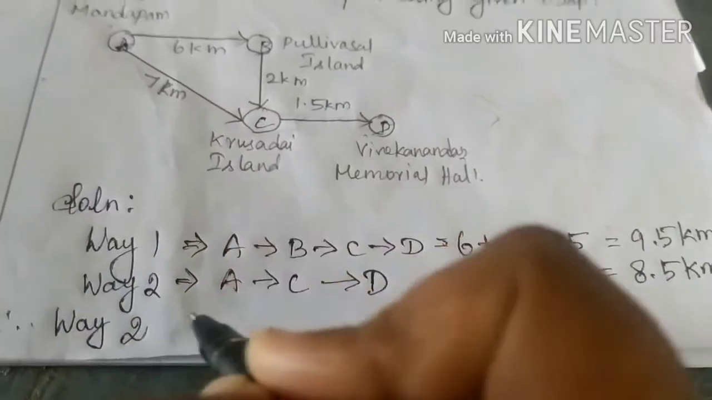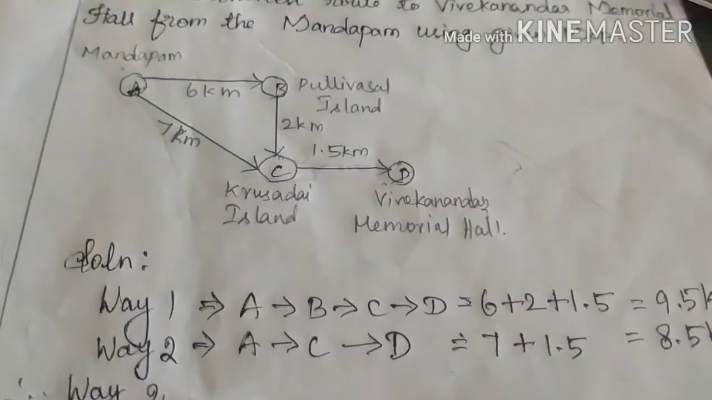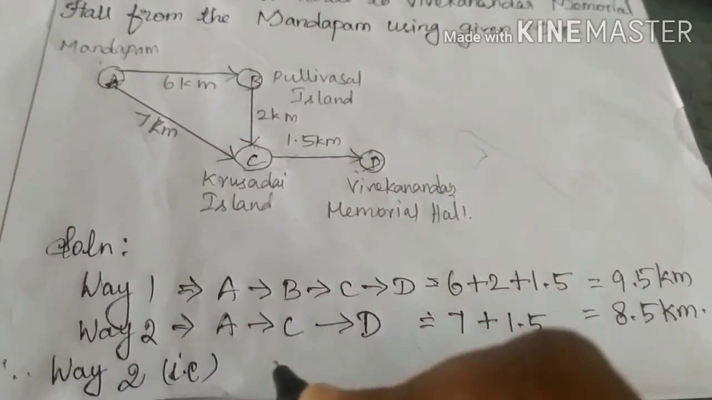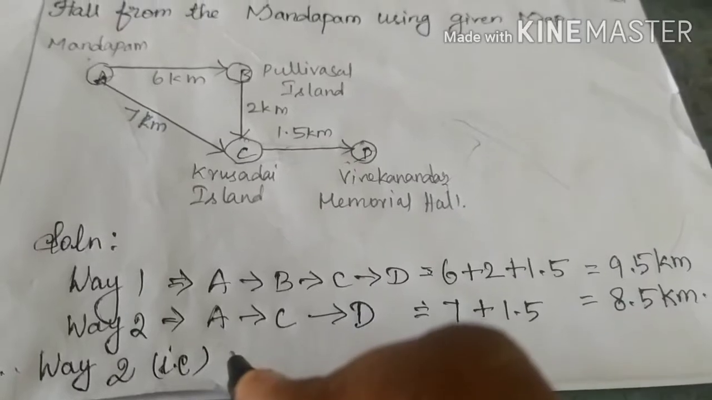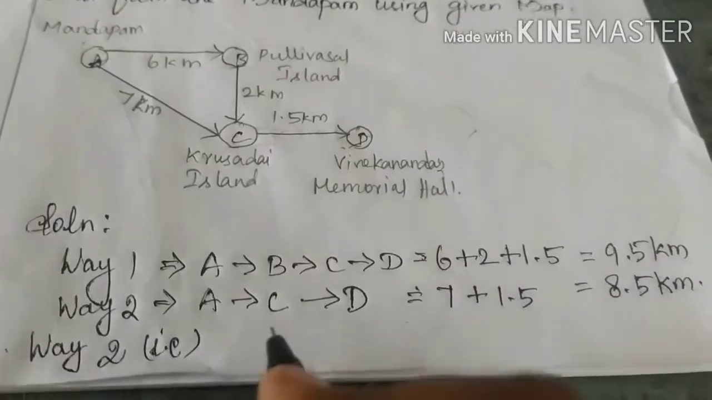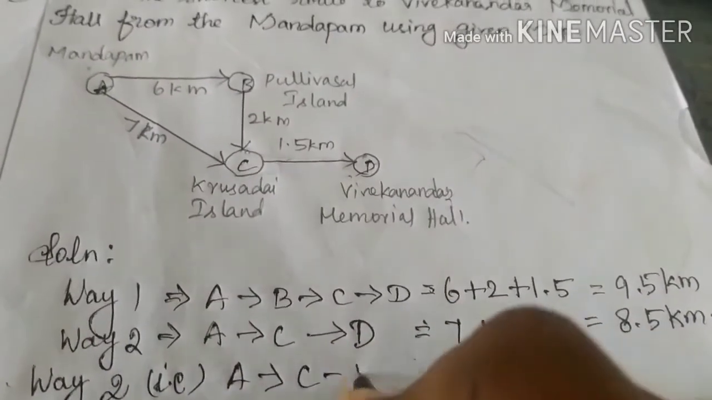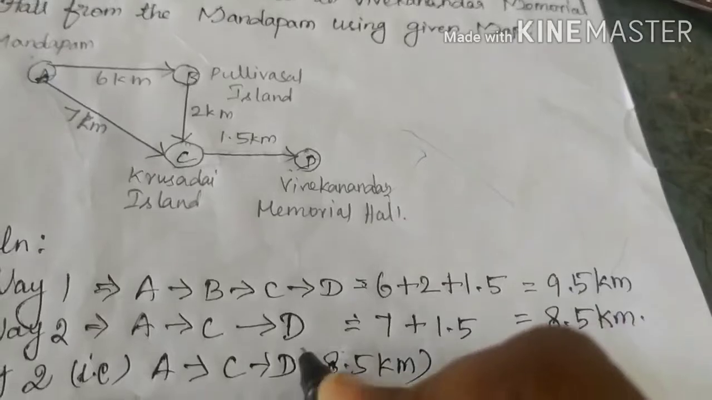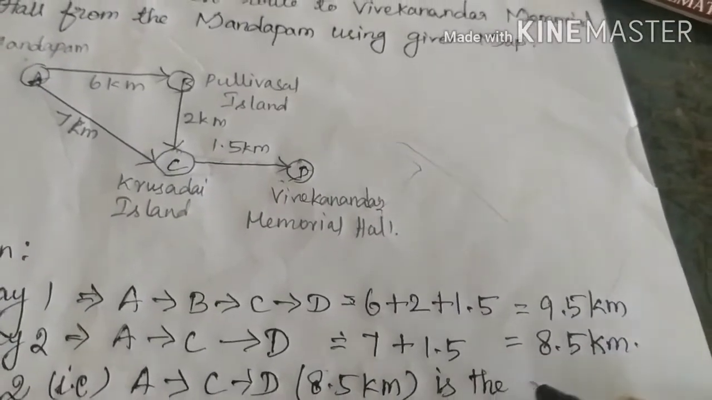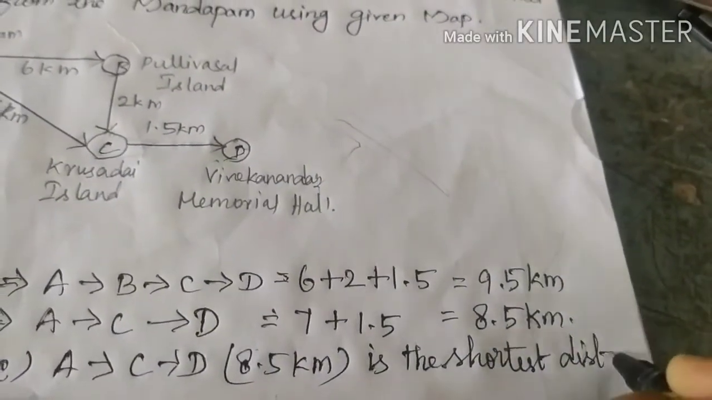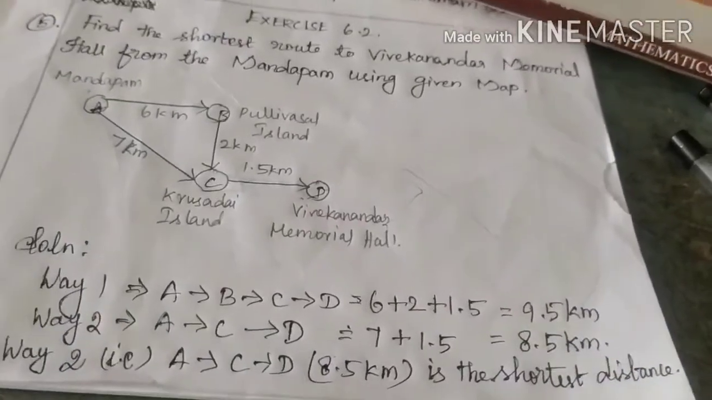Therefore way 2, that is Mandapam, Crusadai Island, Vivekananda Memorial Hall, that is A to C to D, 8.5 kilometer is the shortest distance. Okay,